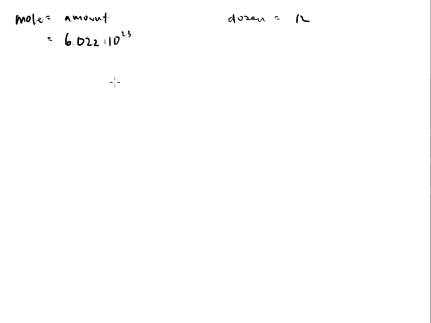6.022 times 10 to the 23rd. Now that's a very large number. That means that this decimal place has to be moved 23 times. So 1, 2, 3, 4, 5, 6, 7, 8, 9, 10, 11, 12, 13, 14, 15, 16, 17, 18, 19, 20, 21, 22, and 23. And then if I go through and put the commas in where they need to go, this is a lot of money, right? 6.022 times 10 to the 23rd. That's the number that needs to be associated with the word mole every single time that we see it in